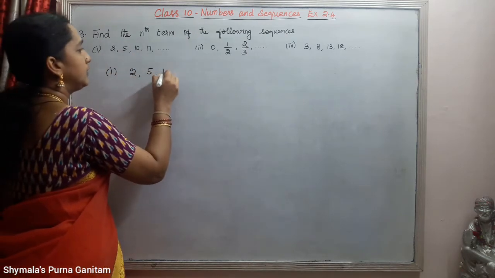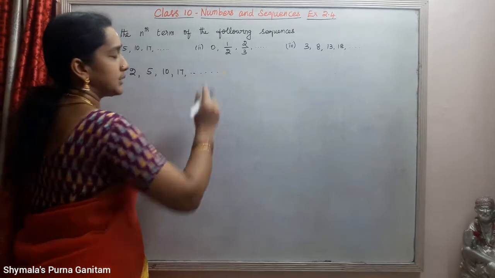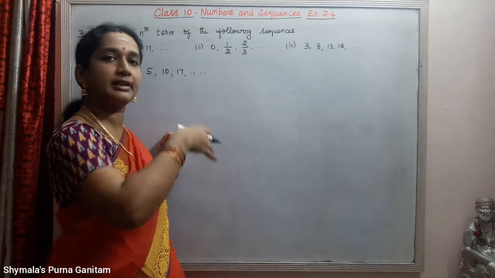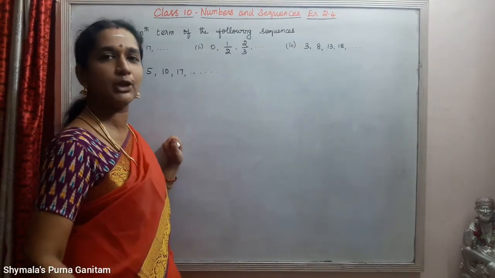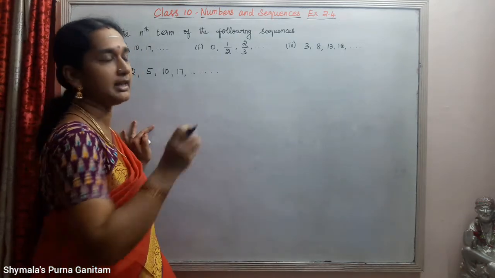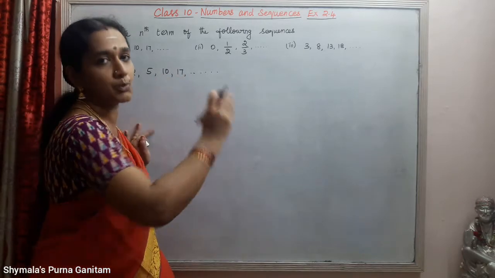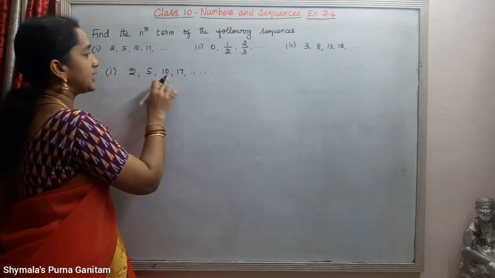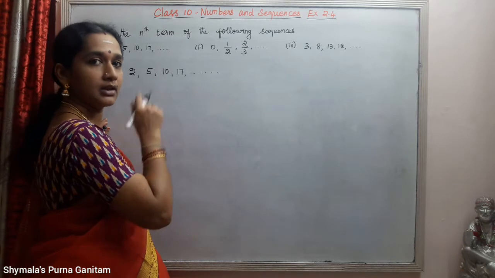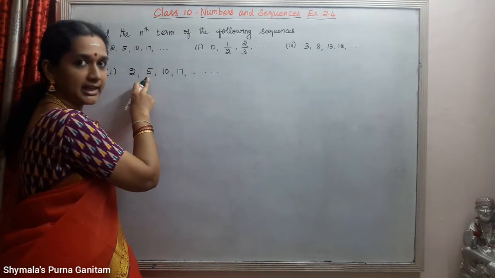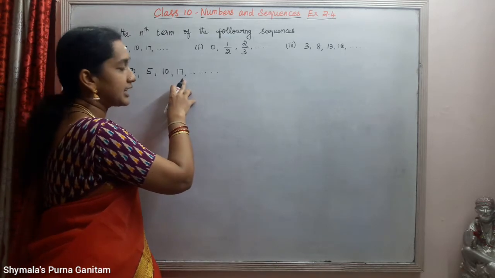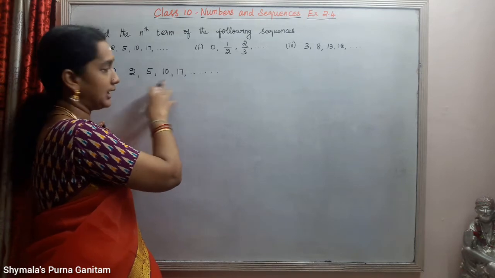So first one is, we are asked to find that. 2, 5, 10, 17. For a few sums, we can apply the formula and whatever information is given in the question and do it directly. A few sums we need to think and do. We need to think for a while about how the sequence is moving on. So here, 2 squared is 4, so 4 plus 1. Next one is 3 squared, 9 plus 1. Then 4 squared, that is 16 plus 1.